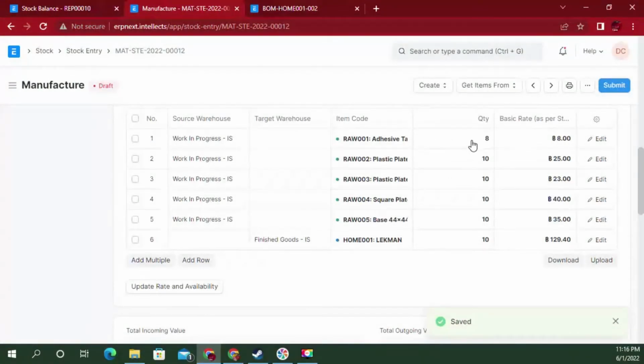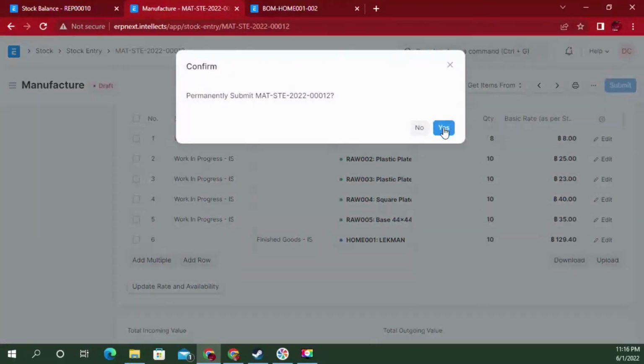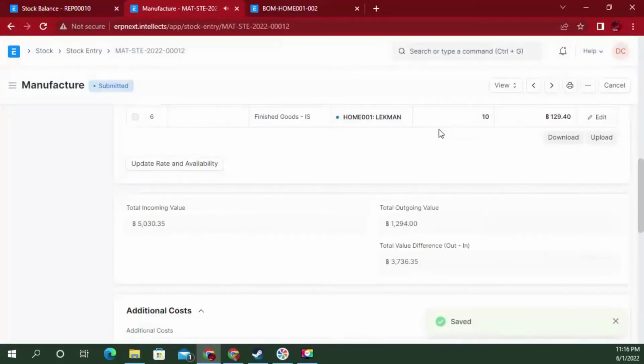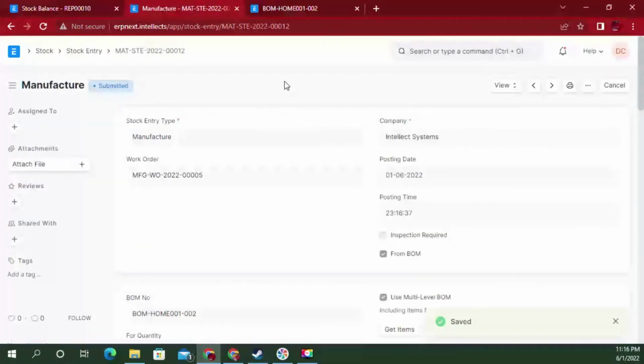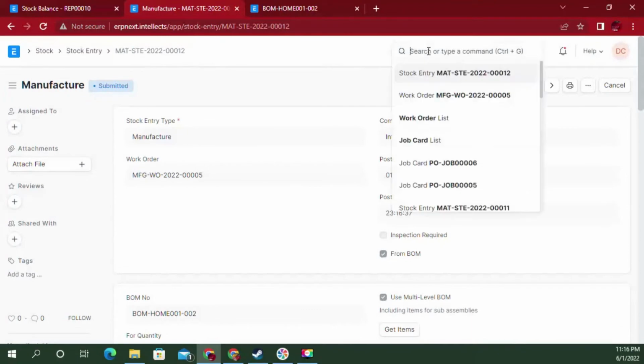So you see in the last step we have this one with only 8 products, 8 items of the adhesive tape, so when we submit we are going to have the entire product. Okay, and that is for this one. So when you come to see the work order,